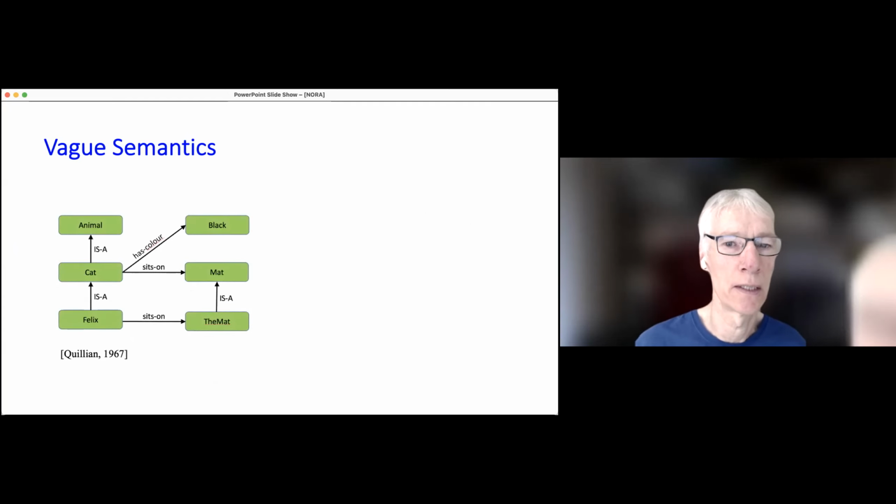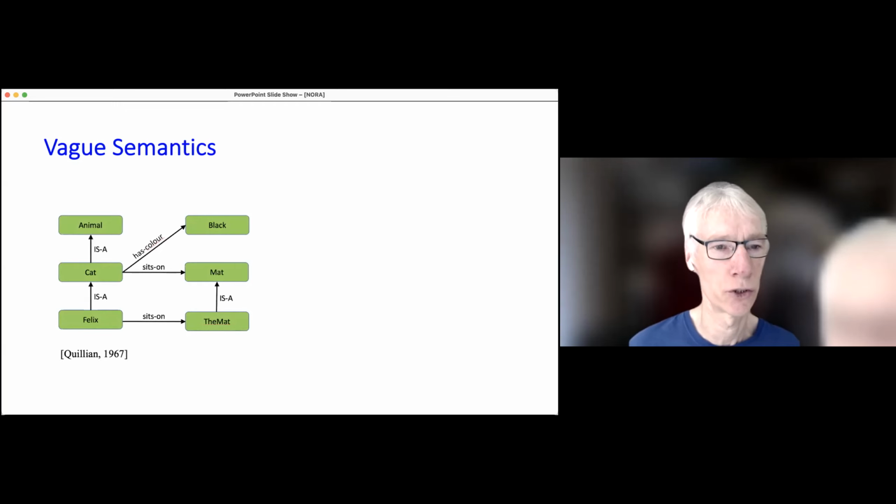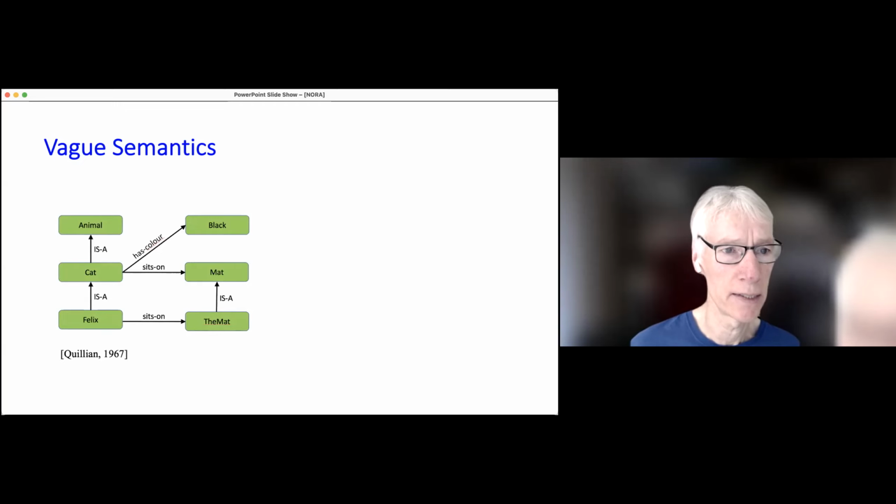In a seminal paper back in 1967, Quillian pointed out this issue and gave a little example fragment of a knowledge graph, or semantic network as it was called back then, like this, and focused in,